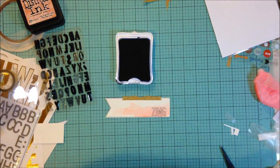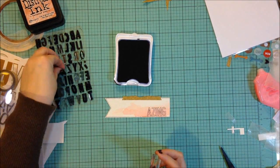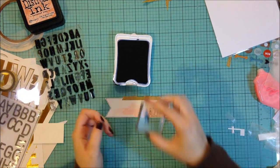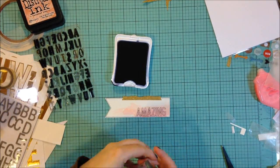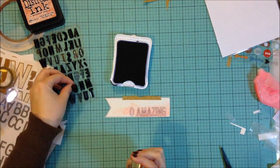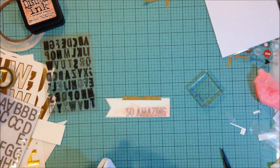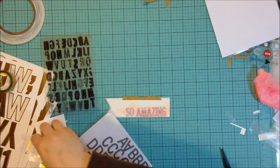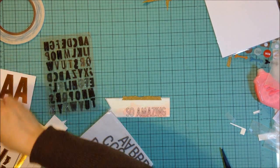I tried to watercolor on the white cardstock, but it looked horrible, so I went and got my watercolor paper, and it's so much better. It's such a big difference. Sorry for my head. I had to lean over so I could line things up correctly. So I just stamped out the words "so amazing,"